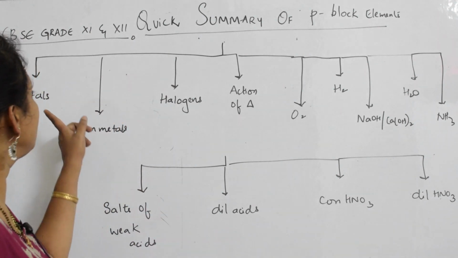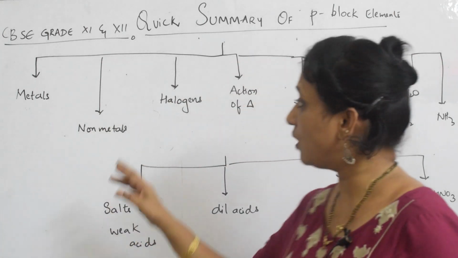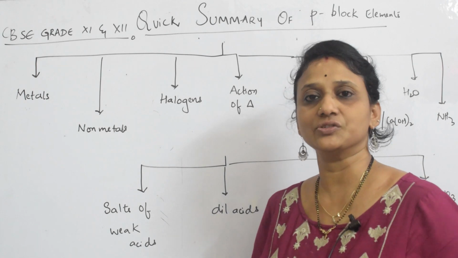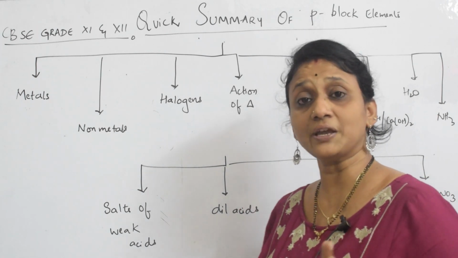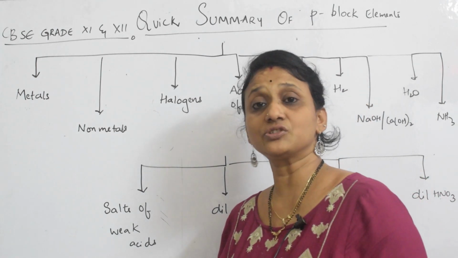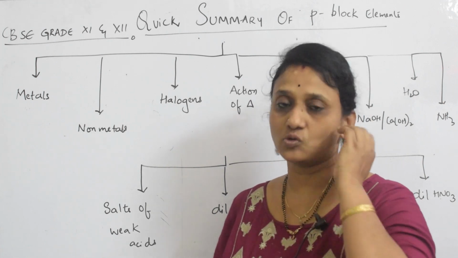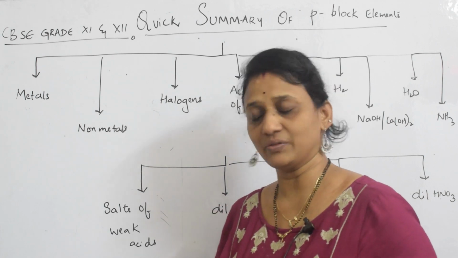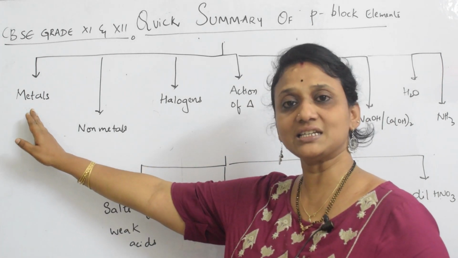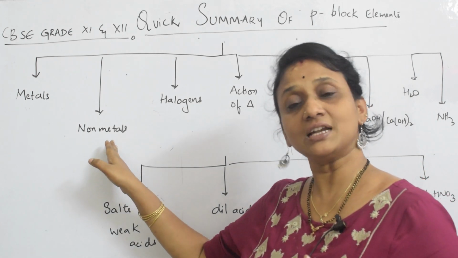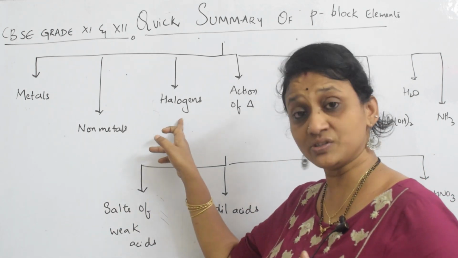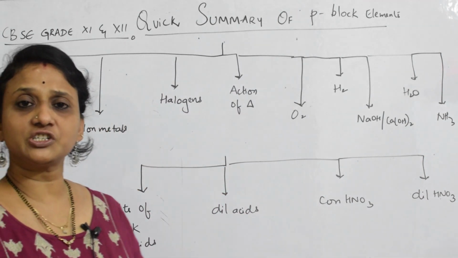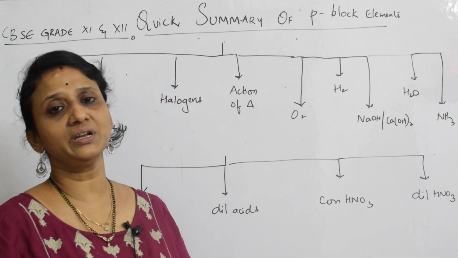The first is the general category, reaction with metals. I'll also be teaching you how these react with non-metals. We'll classify all the reactions, because some of the elements are going to show reactions and some will not. Wherever there is no reaction, we will say why it is not showing a reaction. So reactions with metals is the first category. Next, non-metals. After that, I'll show how they react with halogens. I think you all know halogens are denoted by X, which represents fluorine, chlorine, bromine and iodine.